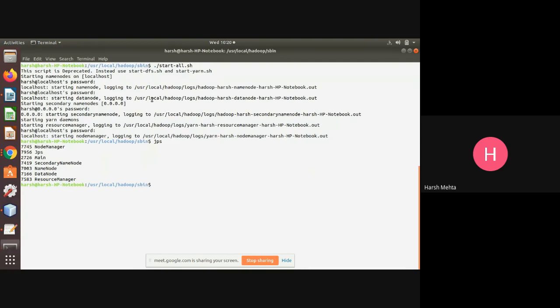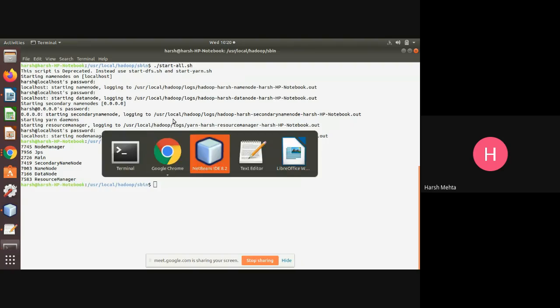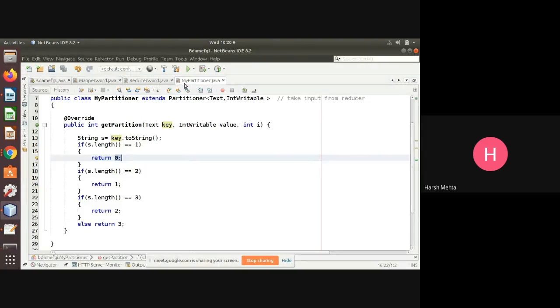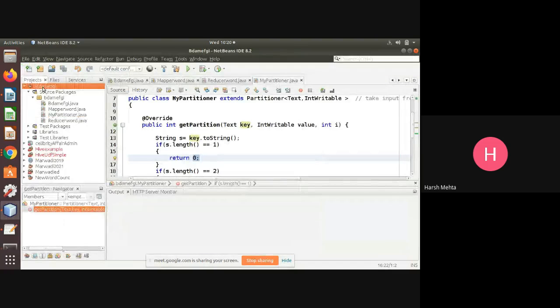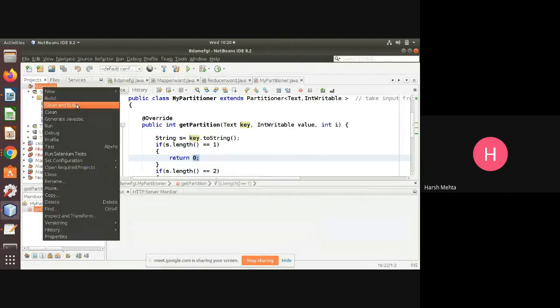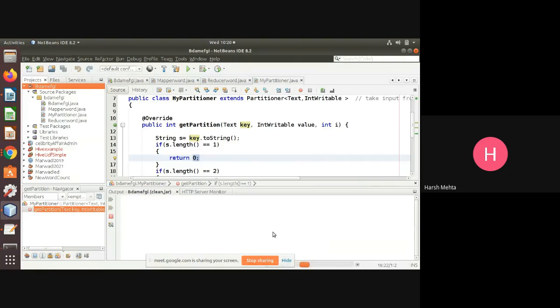Okay, so let me just run this. First of all, I need to make the jar file. For that, right click, clean and build. Now it's making the jar file. If any error is there, it will give me some error. Let's see that.